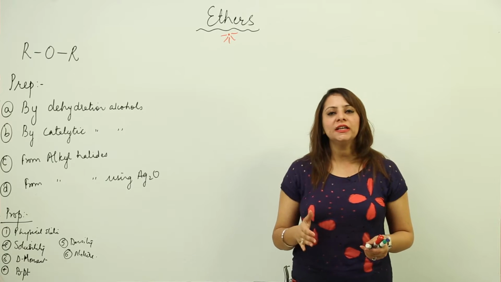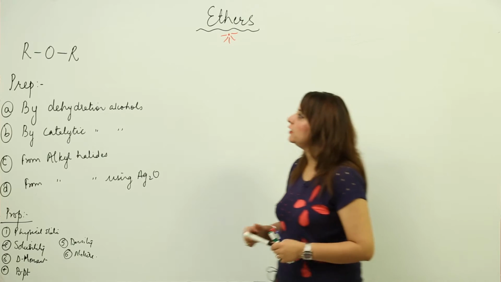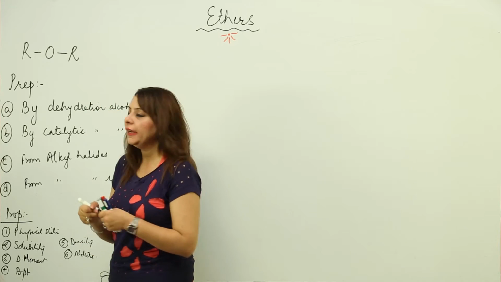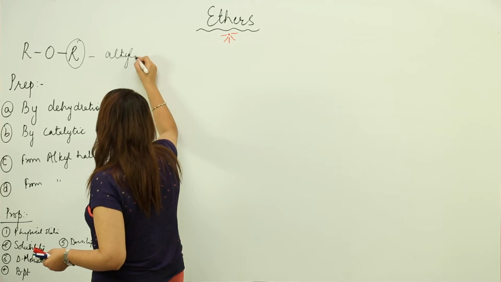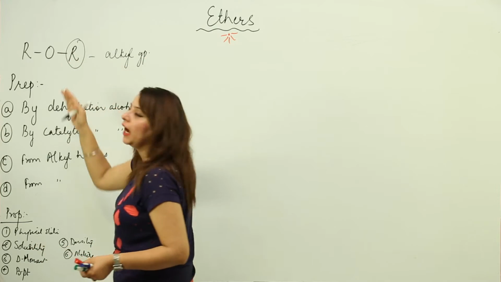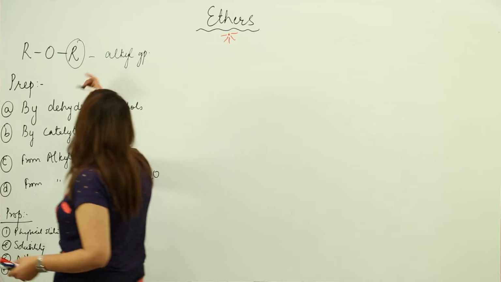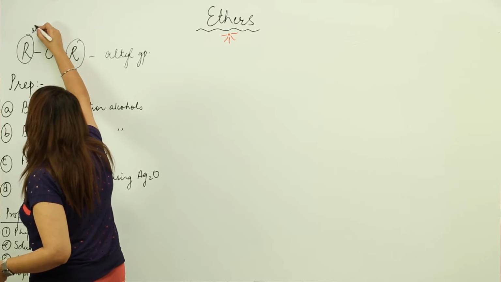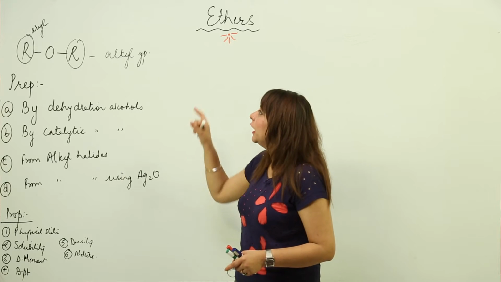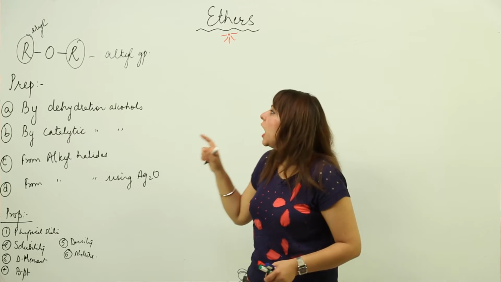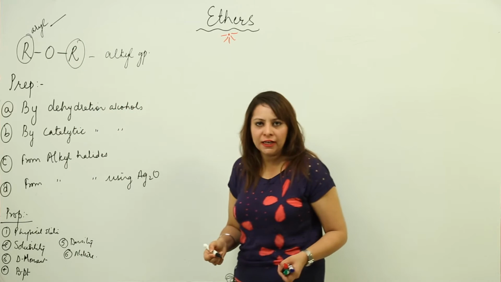Now we are starting with the detailed study of the functional group, that is ether. As you all know, ether is ROR. So this R can be alkyl groups. If both the R are alkyl groups, it is a dialkyl ether. It may happen that it is an alkyl group and an aryl group. If it is present like that, then it is an alkyl aryl ether. And if both groups are aryl groups, then it is called a diaryl ether.